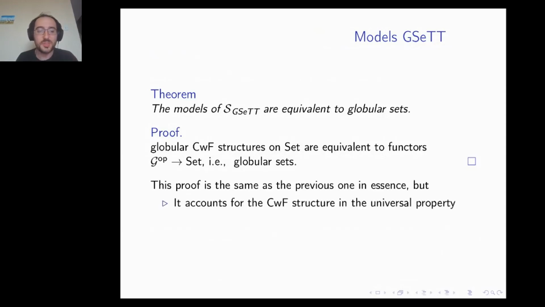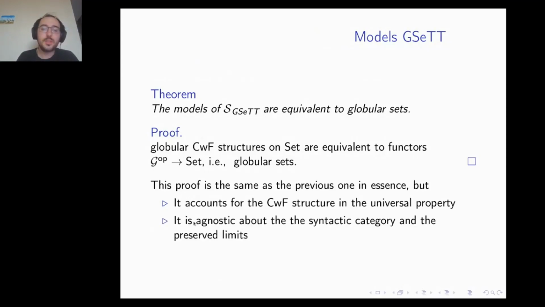Why is it the good proof? Because first, it accounts for the CWF structure inside the universal property argument, and that's something that you can generalize well. And it's completely agnostic about the syntactic category, so you don't need to know what the syntactic category is. And about the requirements for being a morphism of CWF, you don't need to explicitly say it preserves this and this limit, so it is a morphism of CWF. And so that's the way to go if you want to generalize that to